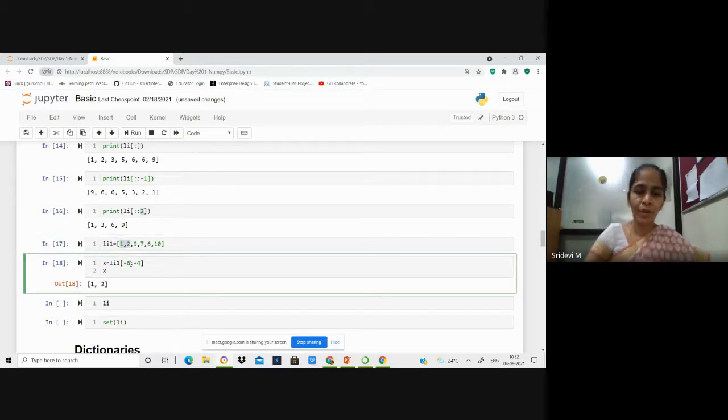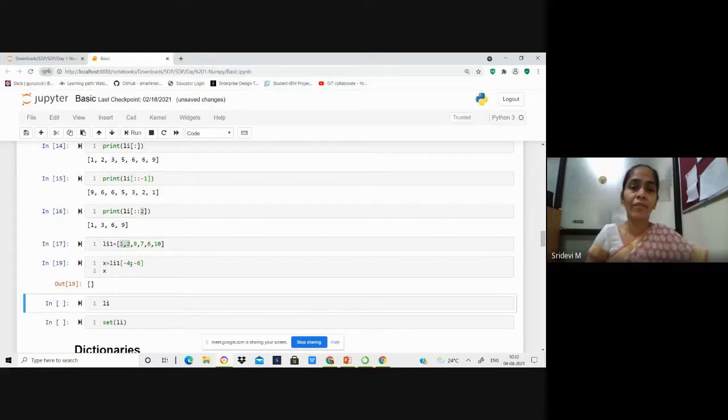Now I can show you if we give 4 and if we give 6, it just doesn't print anything. Why? Because you haven't given the reverse step. You haven't mentioned that the compiler has to work in the reverse direction to retrieve the elements. So here the elements are not retrieved at all.